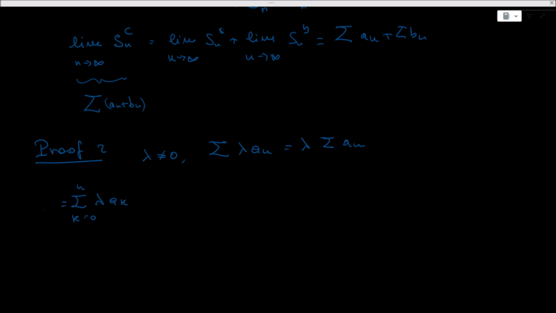This is lambda a0 plus lambda a1 plus dot dot dot up to lambda an. But of course, this is nothing else than lambda times the partial sum of the sequence a. And when we take the limit of lambda Sn a as n goes to infinity,